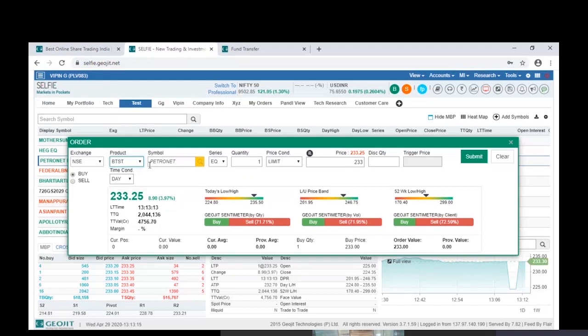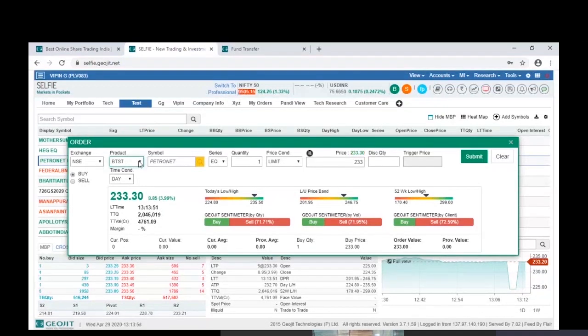Similarly, there is another product called MTF. This is also a loan kind of product, because you need not bring funds upfront. Suppose you bring only 40% of the funds. The balance 60% will be given as a loan amount to the investor, and the investor has to pay for the 60% loan amount, which is calculated at 50 rupees per lakh per day. That is 18% annual charges, which is charged on the outstanding.